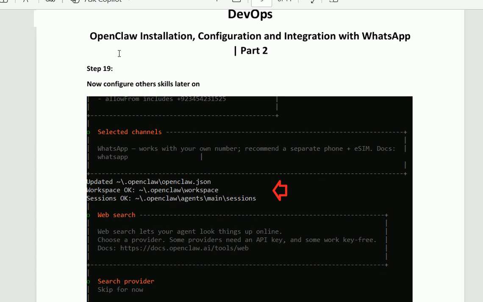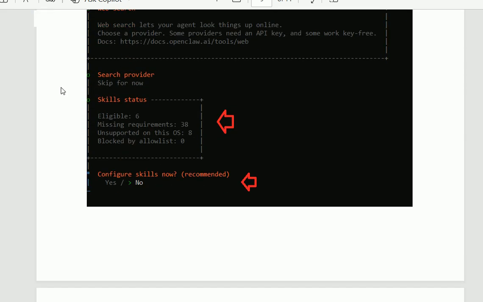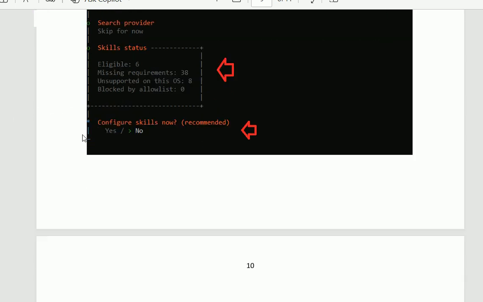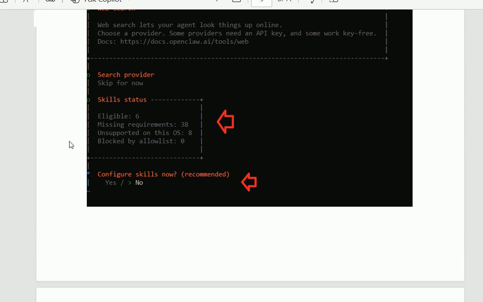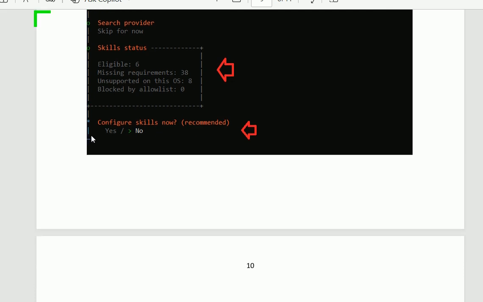So in this case, you can see that the skill status shows eligible 6, missing requirements 38, all about OpenClaw. Now we are skipping the configure more skills step of OpenClaw. After selecting the no option by using the arrow key on your keyboard, we shall move to the